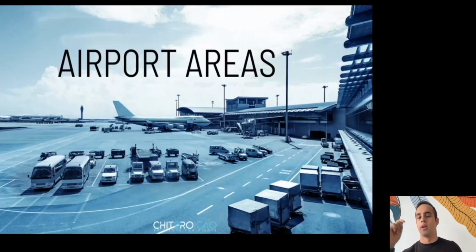Let's go. Let's talk about the airport areas now. So this is what I want to do now. I'm gonna be very brief, very precise in some definitions here. And my basic goal will be I'm gonna talk about an area of the airport, the purpose, and the definition. That's it. So we're gonna talk about the terminal, the runway, the control tower, the apron, and everything.